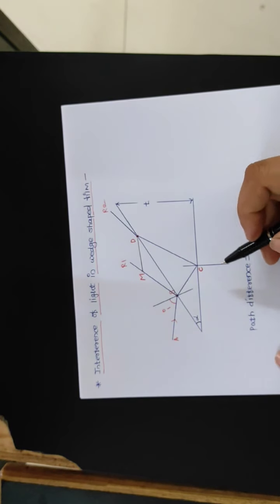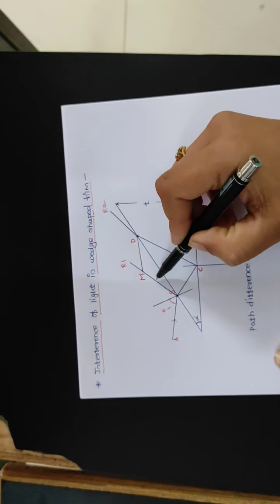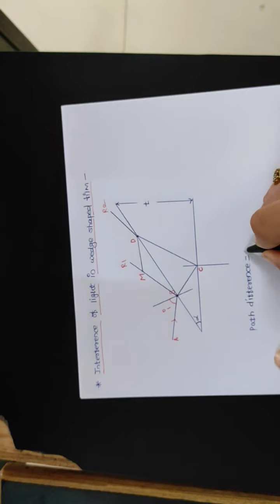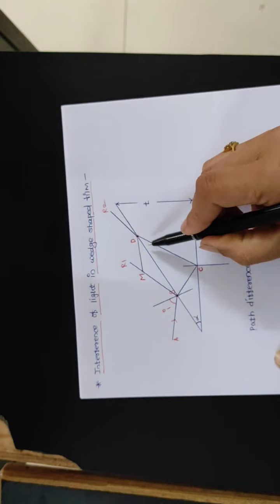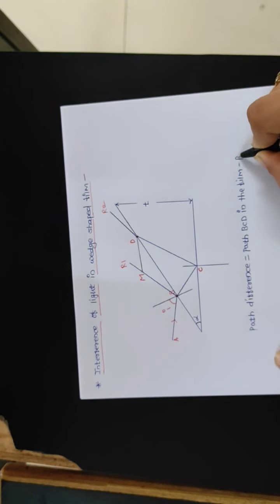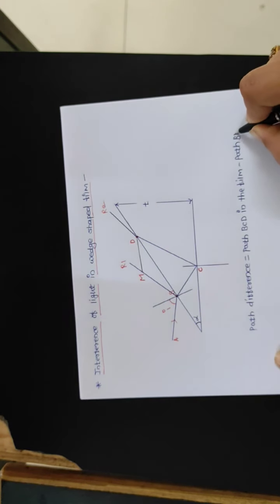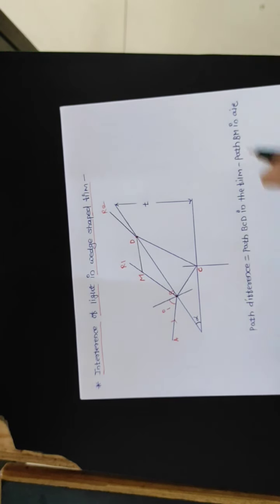the path produced inside the film minus the path produced in the air. So we can write the path inside the film is BCD, so path BCD in the film, minus path BM in air. So we can write this like this: